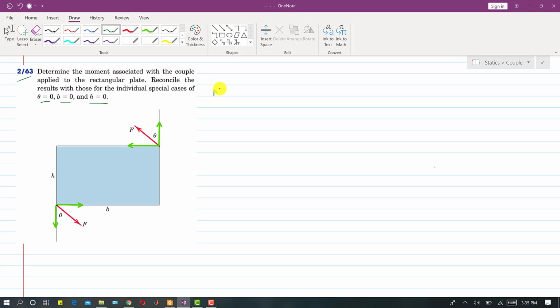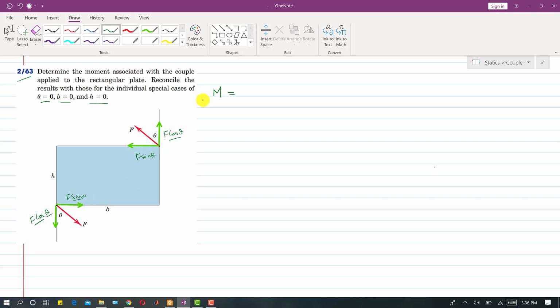So if I write the moment of this force, and if we resolve this force into these two components, then this one will be F cos of theta, and similarly this one will be F cos of theta, as the angle is made with this component. This one will be F sine of theta, and this one will also be F sine of theta. So now one couple will be produced by these two cos components and one couple will be produced by these two sine components. And if we see, the cos component is producing a counterclockwise moment and the sine component is also producing a counterclockwise moment, right?